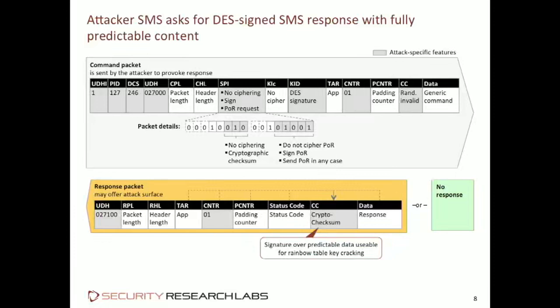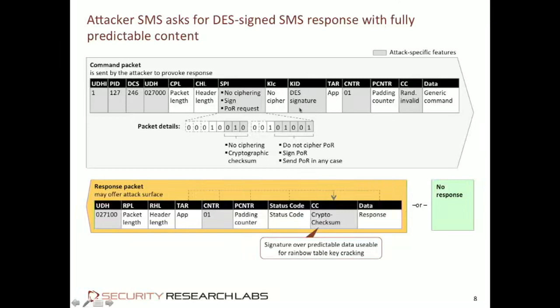So the query simply states, this is a binary SMS through some header. So this is the type that the phone knows to send to the SIM card. It specifies the security that it uses. So this, for instance, says I don't use encryption, but I put a signature on it, and it also specifies, kind of as a wish list, what it would like for the SIM card to respond with. And it says also you should not encrypt, but please sign it and send it anyway, even in an error case. So not all SIM cards honor this bit, but those that do then give us plain text.